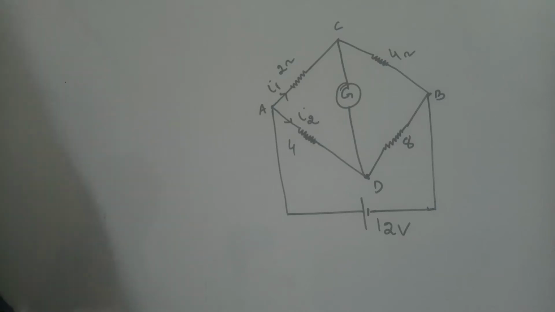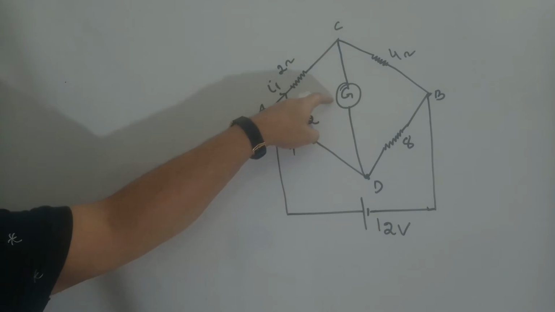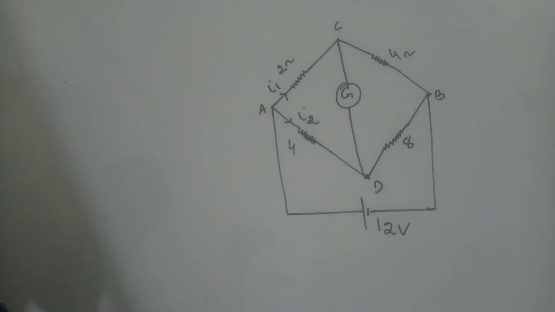When the bridge is balanced, we can interchange the position of galvanometer and battery. Many students fail to understand this concept, or we can say that they don't get a feeling for how we can interchange the position of battery and galvanometer. So at the end, many students cram this point.